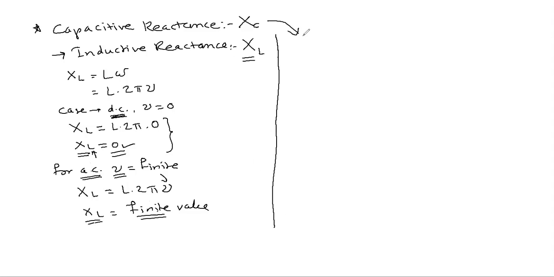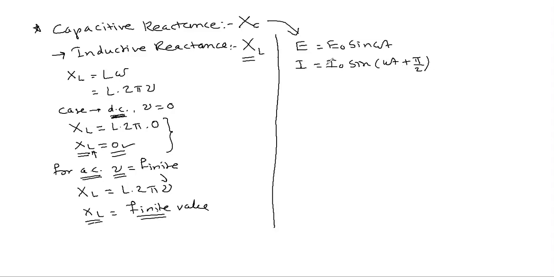Now I will proceed to capacitive reactance. So compare this equation. We have written the equation there. What was the first equation in case of the purely capacitive circuit? In the case of a purely capacitive circuit, you got the relation for the EMF, E is equal to E naught sine of omega t, and I is equal to I naught sine of omega t plus pi by 2.